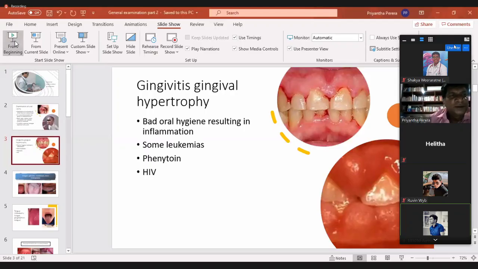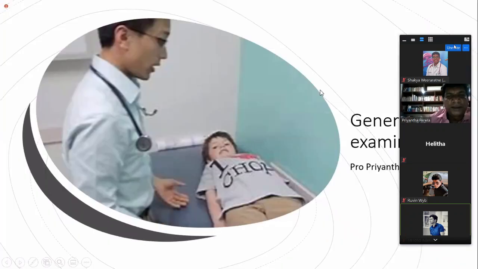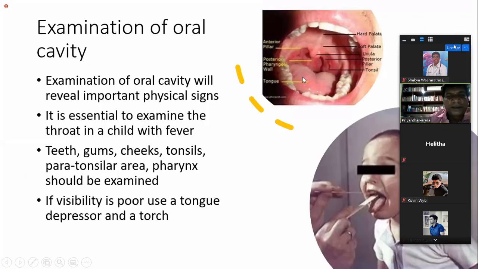Right, okay. So I will just go through the previous one again. So this is the oral cavity I described earlier. You have the teeth, the hard palate, soft palate, uvula, tongue, gum margin, tonsils, paratonsillar area, and the pharyngeal wall. In a child, you use the same technique for examining. If you can't see inside the mouth because children have a large tongue, use a tongue depressor with your left hand and push down the tongue, and then flash a torch and look at the posterior part of the mouth. That's what I told earlier.